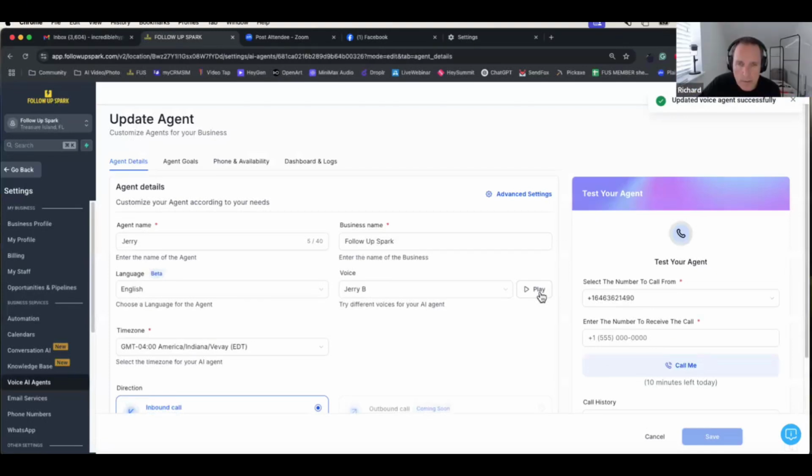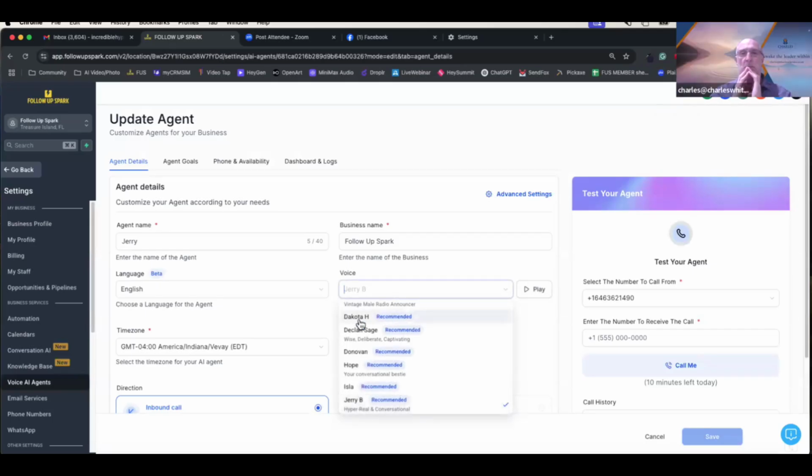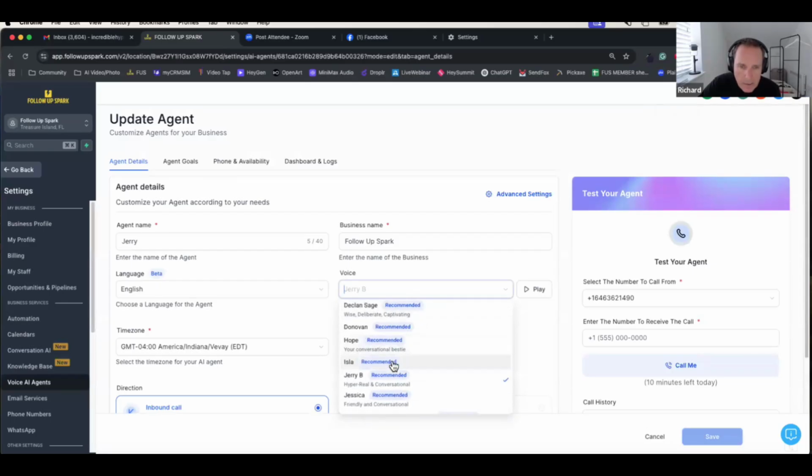Look how good this one sounds. This voice model is perfect for capturing the essence of a hyper-real conversational feel. So when you scroll down here, any of the recommended voices are updated and they're taken from a software platform called